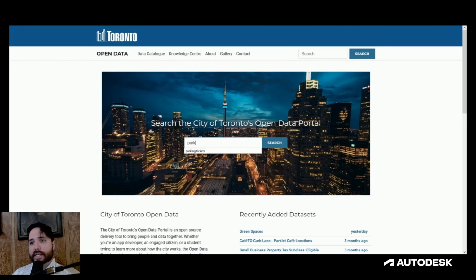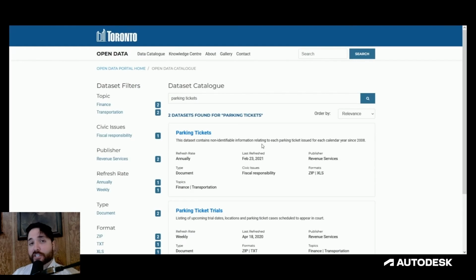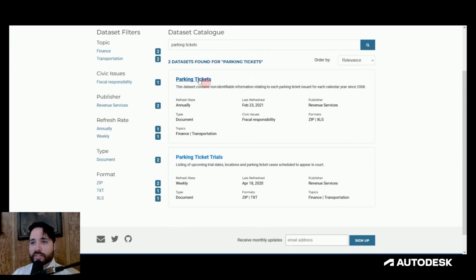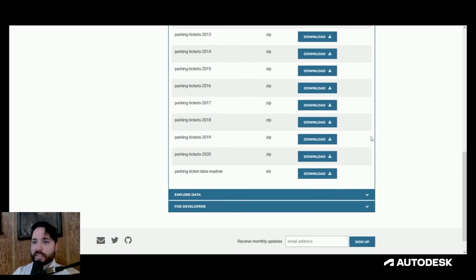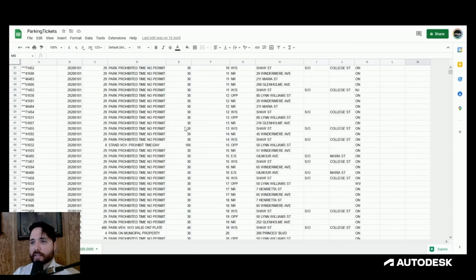I was playing around with ideas and came across parking ticket infraction data for the city of Toronto. Now, there's a ton of really cool open data sources you can pull from, but I figured this would be a pretty good place to start. I thought it'd be fun to try and plot that data in 3ds Max and see what kind of animation I could create.